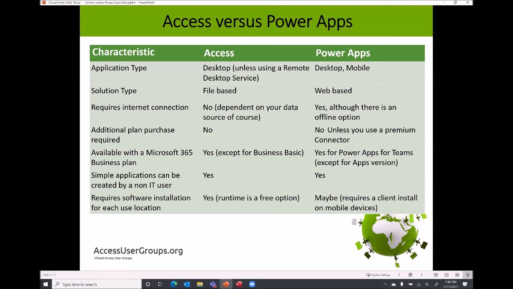There is a free runtime option that's relatively easy to install. So they wouldn't necessarily have to have a Microsoft 365 plan for Access, but they do need the Access product